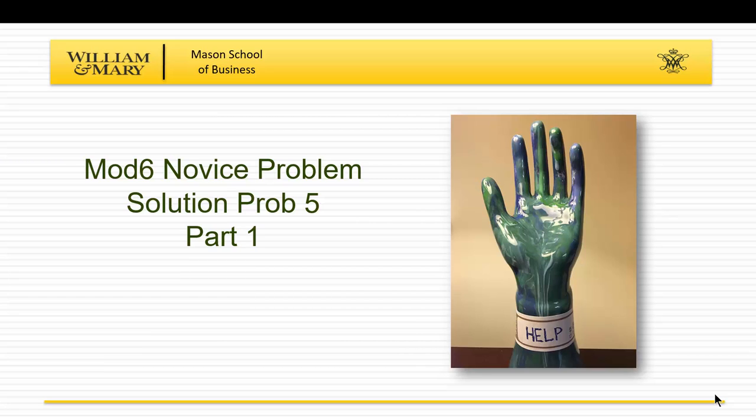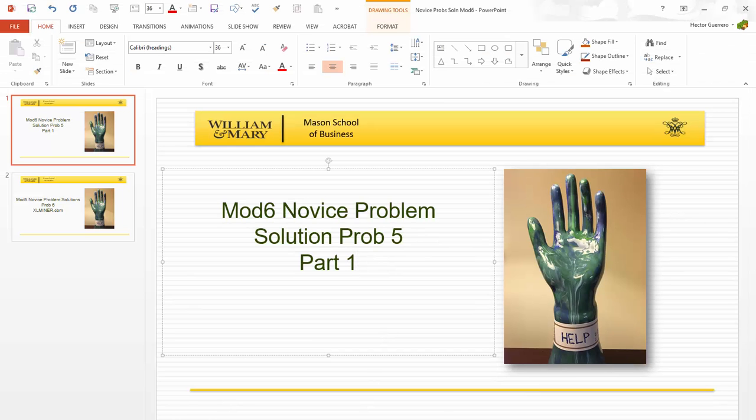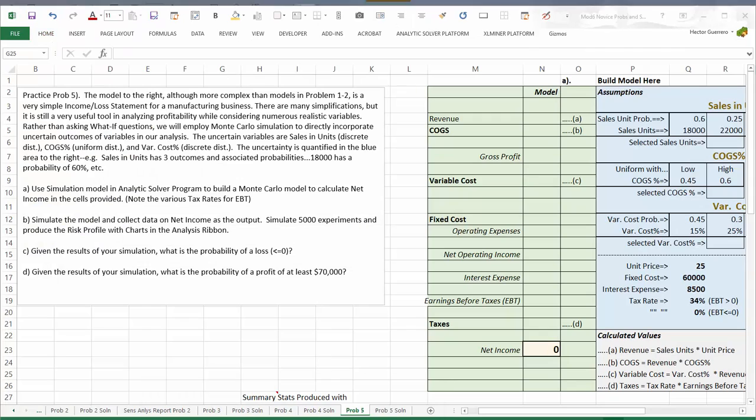We're in Module 6, the novice problems, and we're looking at problem 5, and I'm going to break this one up into two parts again because it's a little long. In this particular situation, we're going to build a model using the capabilities of the Analytic Solver platform,